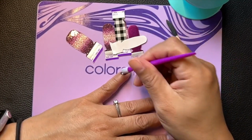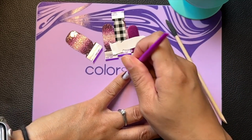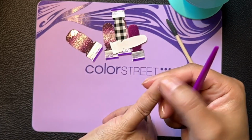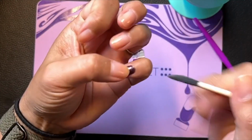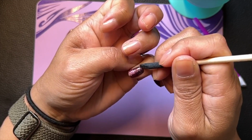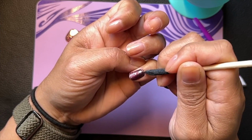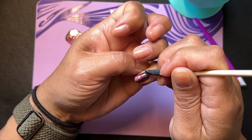So this is the old school sheer. The set is one of the old school glitter ombres like they used to do, like Nuclear Fusion and stuff, where there's no solid base coat first. It's just the glitter design. So it makes it sheer, but I'm actually not layering these. I'll be changing my nails